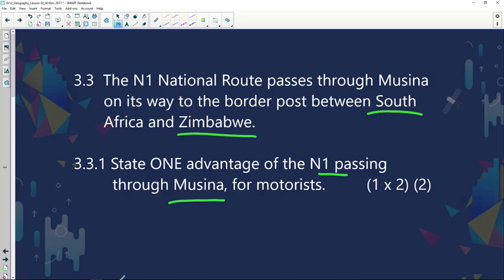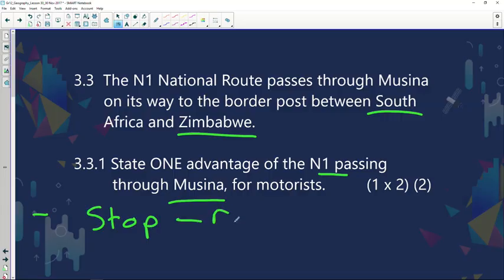Now, let's just quickly, that's basically your pass to move through to another country. So what are the advantages of this N1? Now, what can people do? Obviously, it's a very tiring road if you have to travel from Johannesburg. So what do the passengers do? People can stop